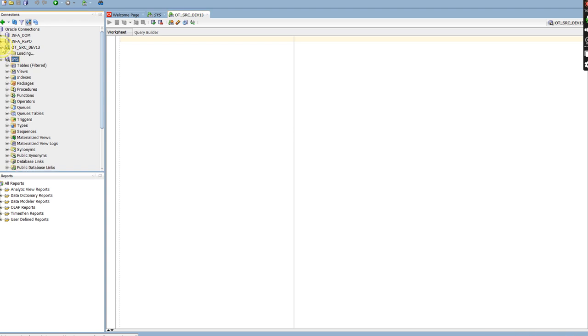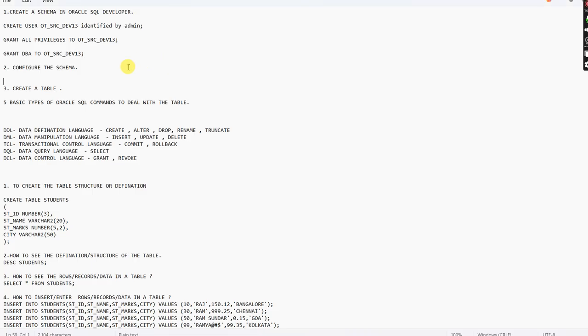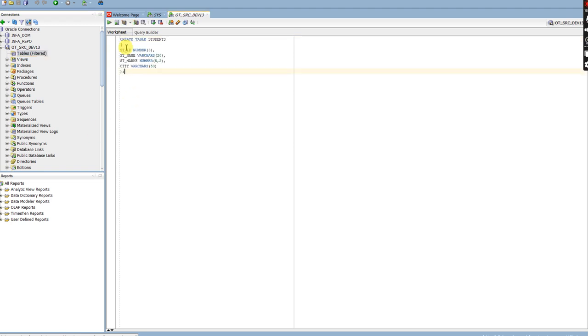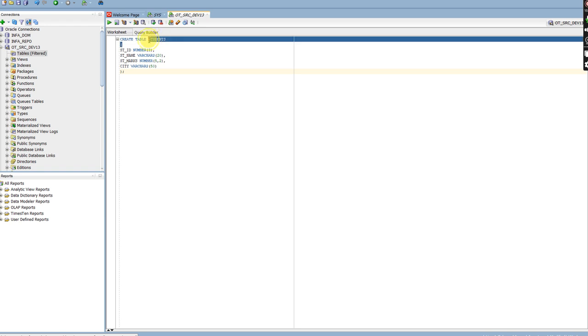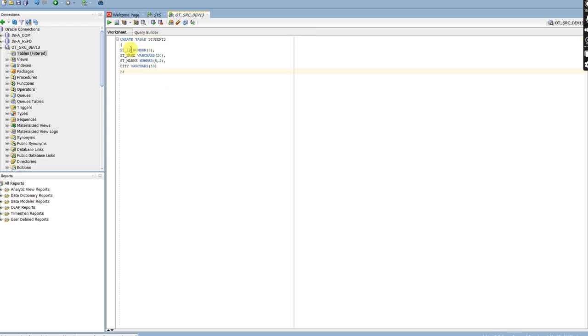So in the schema, go to schema and table. See, there are no tables present. So let's create one table. Creation of the tables is also not our duty. In real time, the database administrator will create and give the tables. So like this, create table. For suppose, students is the table name, and student ID